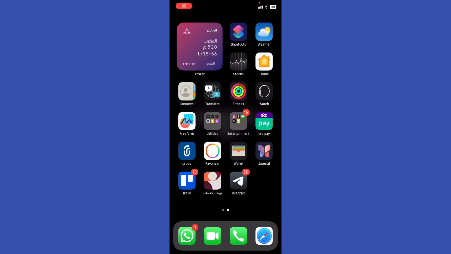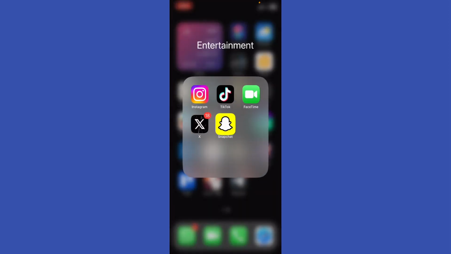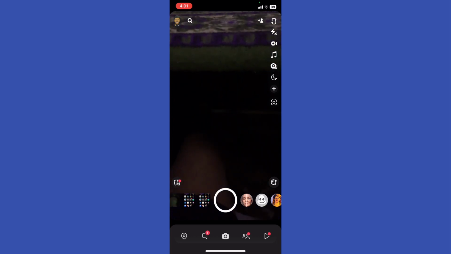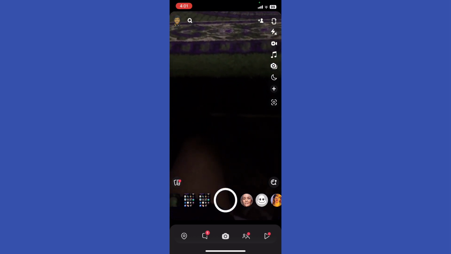How to see who's online on Snapchat. So if you went right here to the Snapchat app and try to look for someone inside Snapchat, let's say,